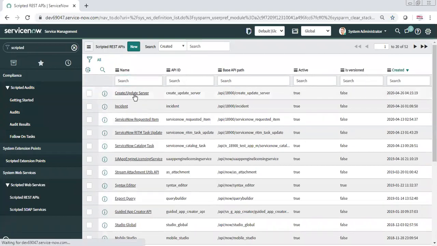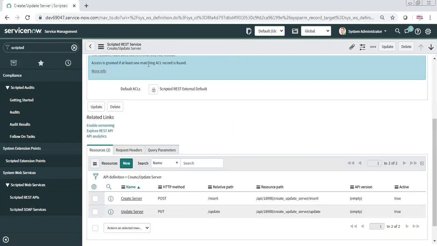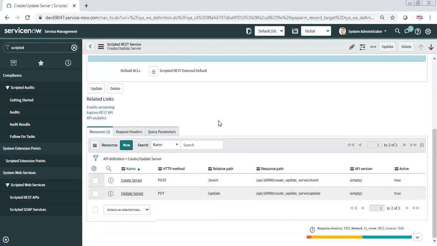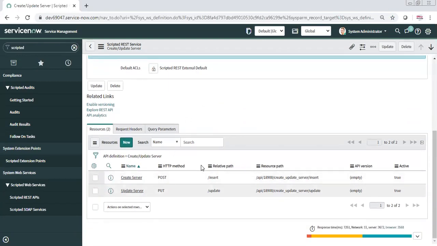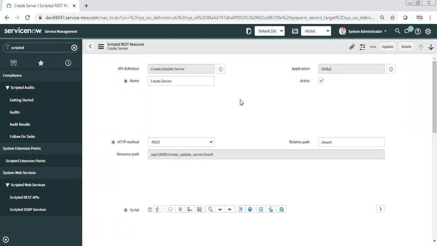This is more or less all the coding part. The previous thing I told you was how to create the scripted REST and, under that, how to create your resources. All those things you can do, and later comes the main thing, the scripting part. Okay. So I am going to open one of the resources.